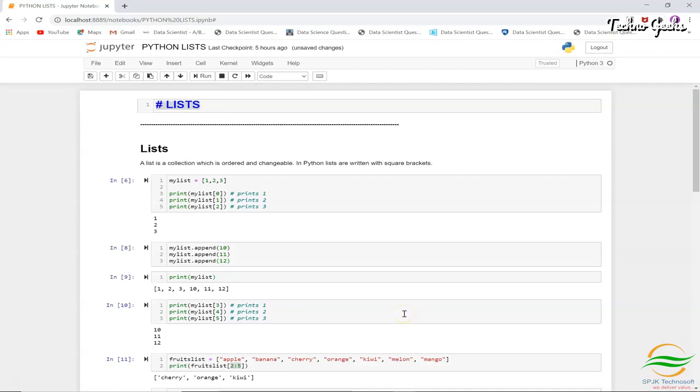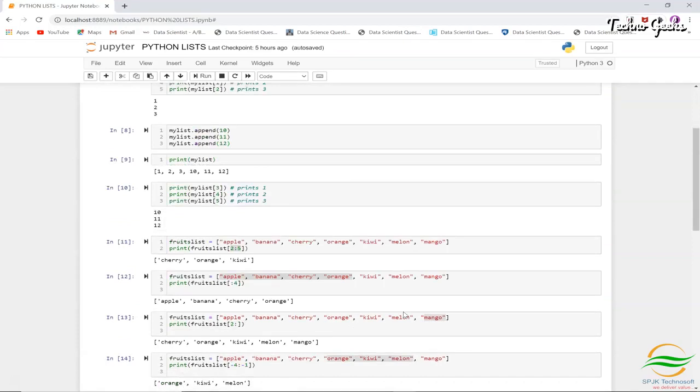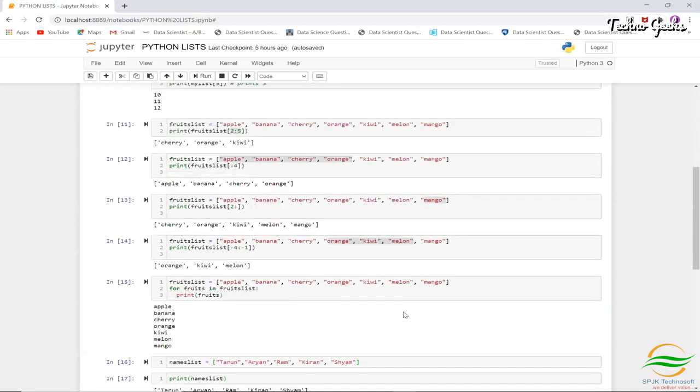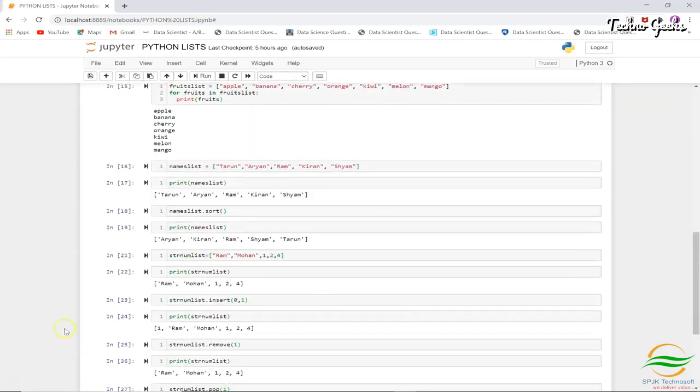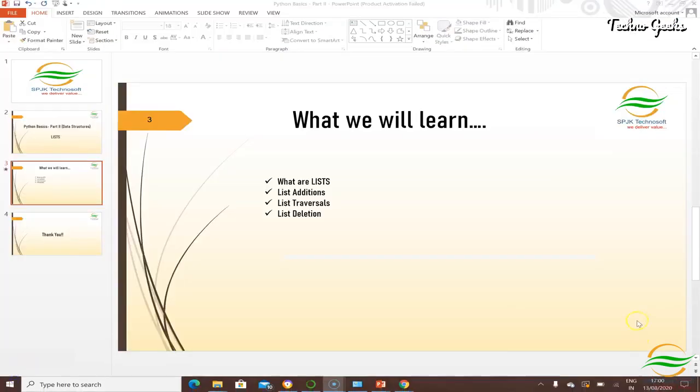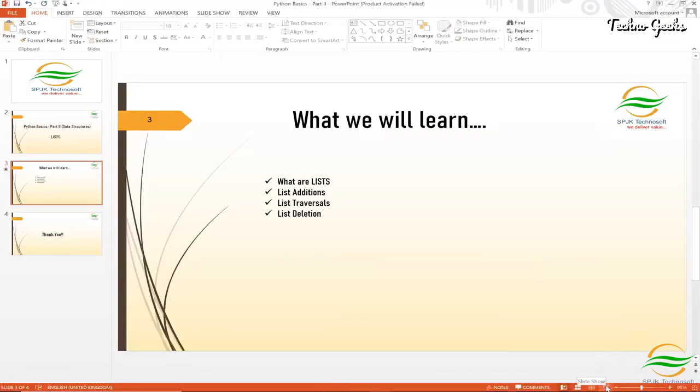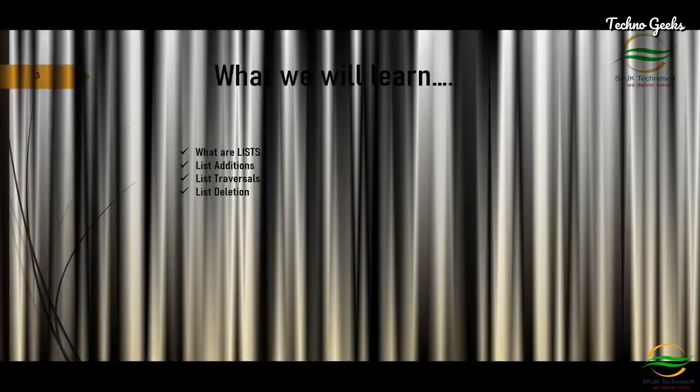So we have learned what we can do with lists, how we can create, how we can add, append, delete, remove, and how we can traverse as well as manipulate. So we have learned about lists today,